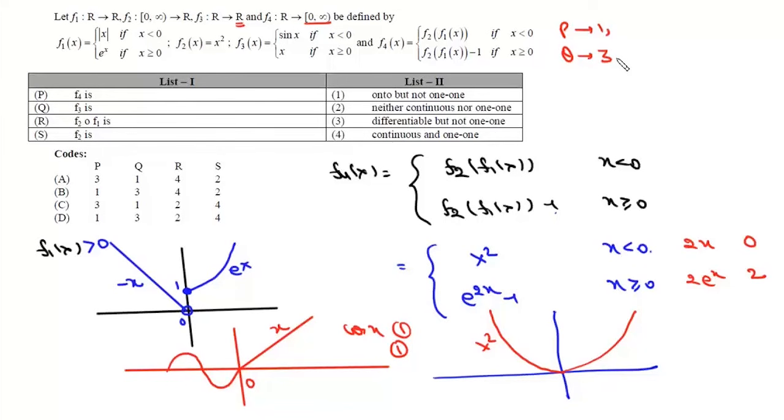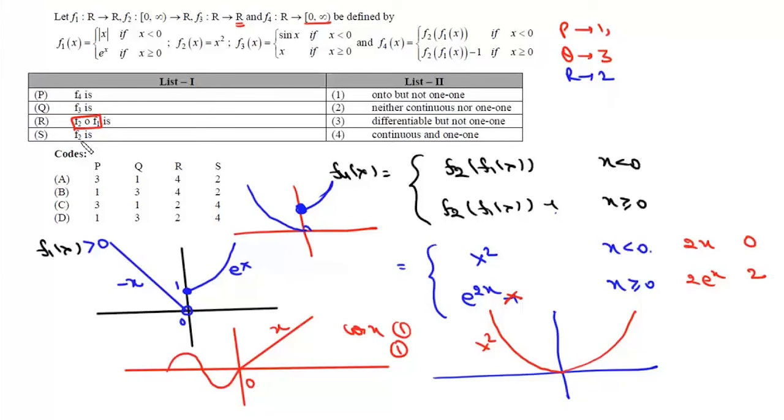it matches with 3. Now f2 of 1, basically it is this graph except for this minus 1. So if we draw this graph, it will be x square when x is less than 0, not included, and then here will be this e to the power 2x. So that is the graph of f of x. This is not onto. It is neither continuous nor 1-1. So that means this 2 is true. So for this r, it will be this 2, differentiable but not 1-1,